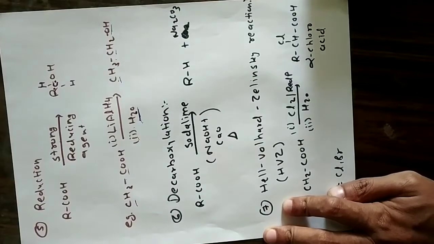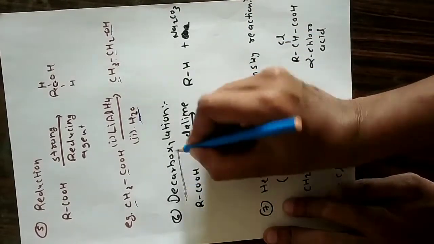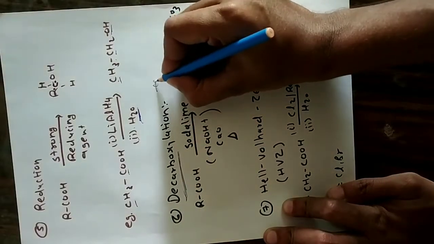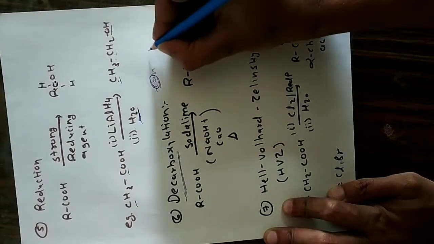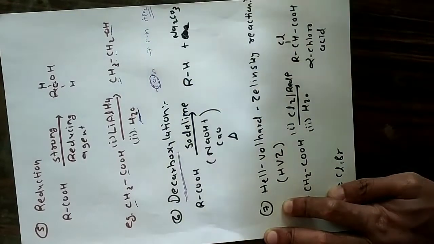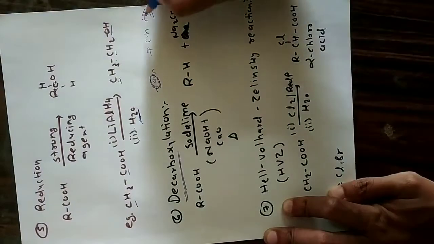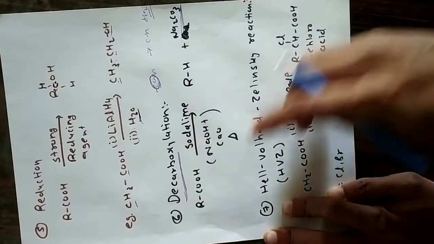Next reaction is decarboxylation reaction. So by the name only, it tells us that from the COOH group, this carboxyl group, the COO group, is lost here, making CH plus carbon dioxide. This carbon dioxide combines with another molecule to form Na2CO3. You can see the reaction